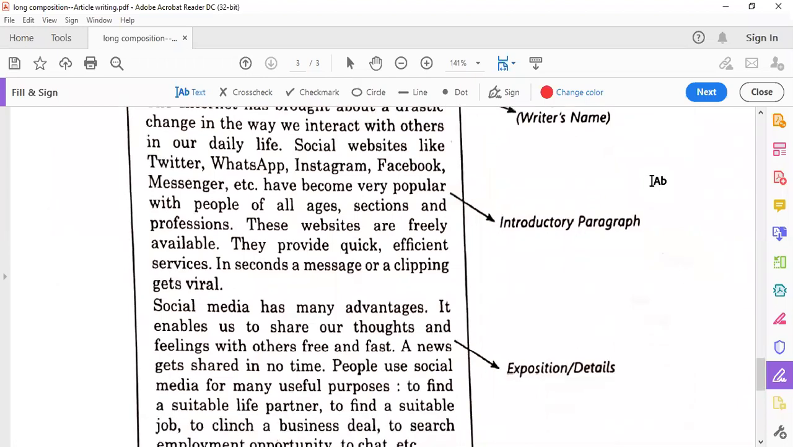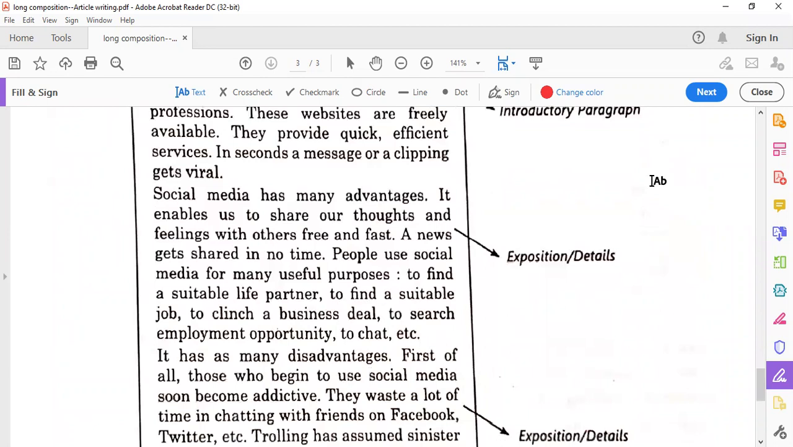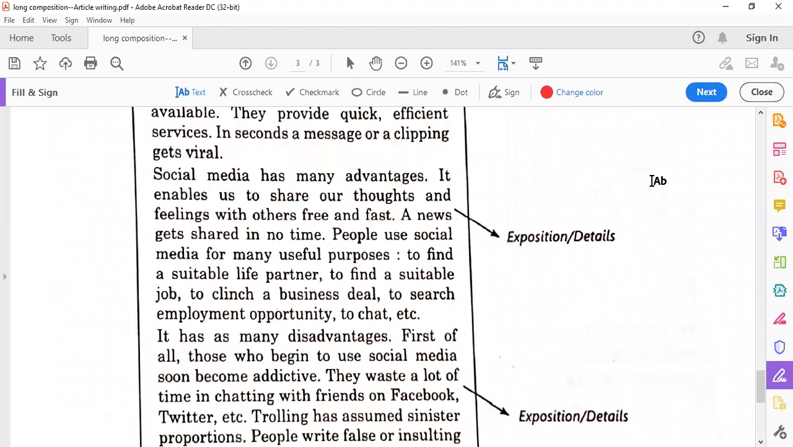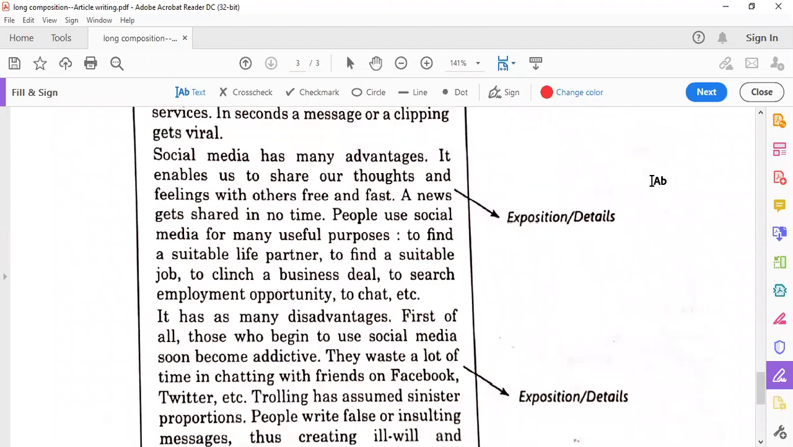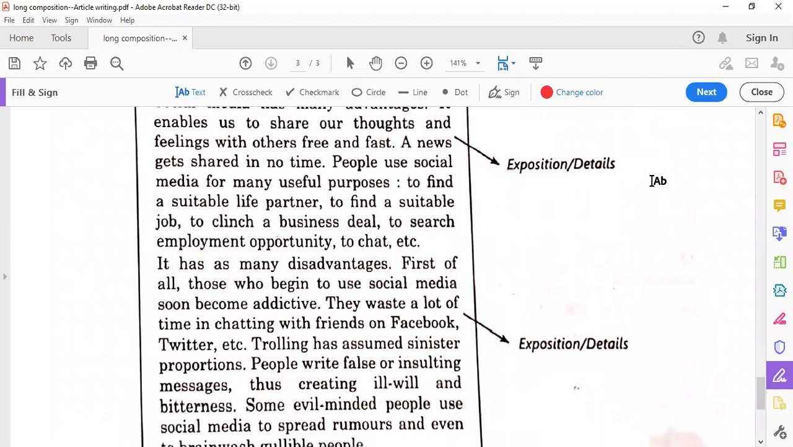Then exposition or the details. Social media has many advantages. It enables us to share our thoughts and feelings with others free and fast. Our news gets shared in no time. People use social media for many useful purposes: to find a suitable life partner, to find a suitable job, to clinch a business deal, to search employment opportunity, to chat, etc. But it has as many disadvantages. This is also one part of exposition,